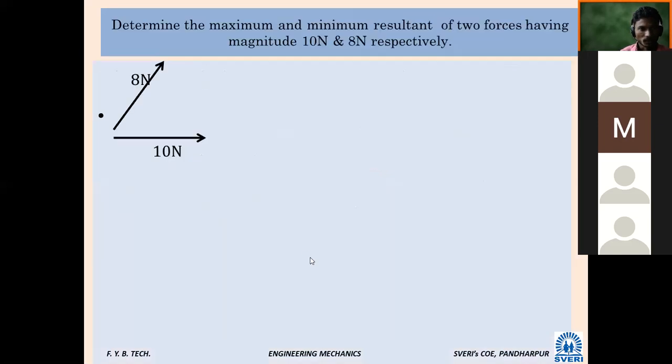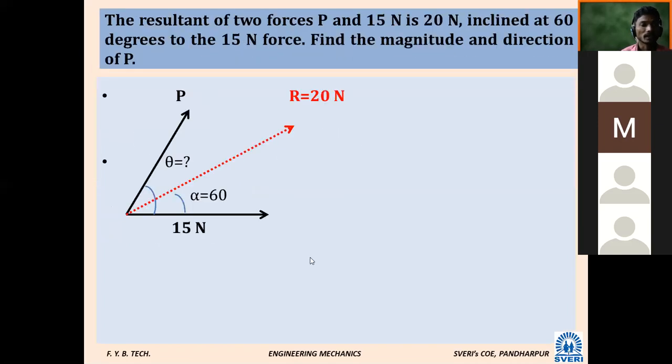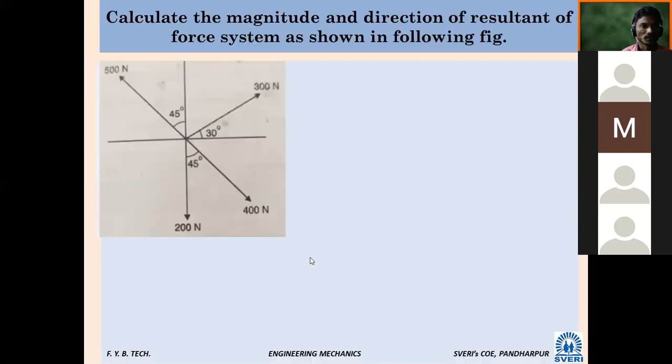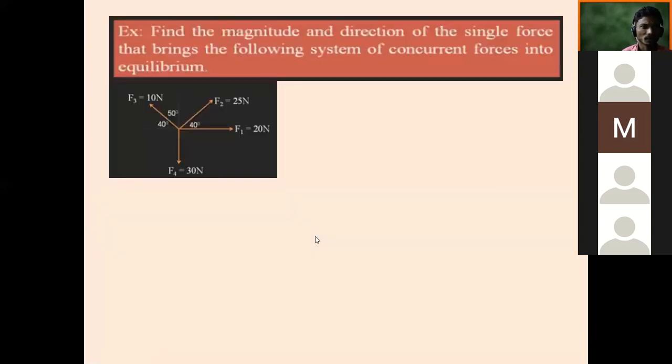Shall I show quickly? Resultant and its direction. Such problems we have seen. See here, find the magnitude and direction. Like these problems we have solved by using the method of resolution. When there are a number of forces in the system, if 2 forces are there, we can apply the parallelogram law of forces. But if more than 2 forces are there, the method of resolution. And how have we found this? Method of resolution.